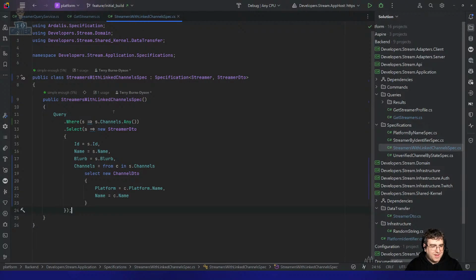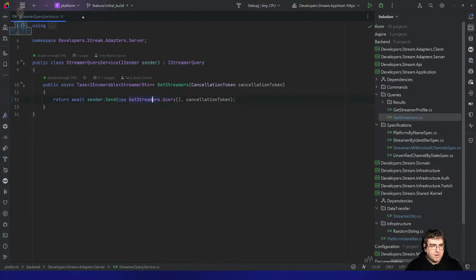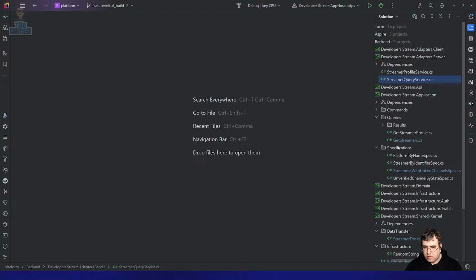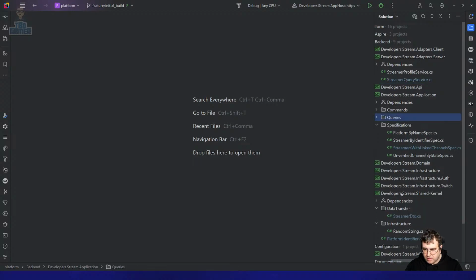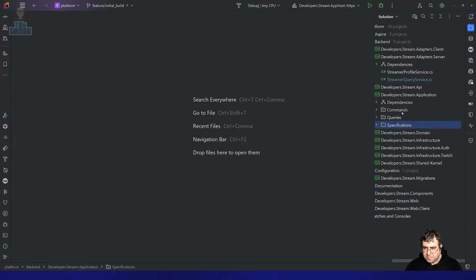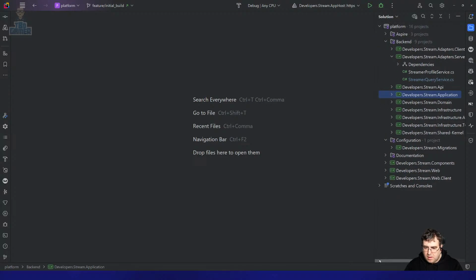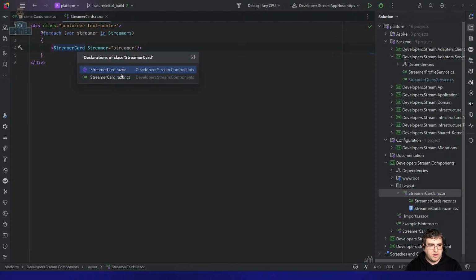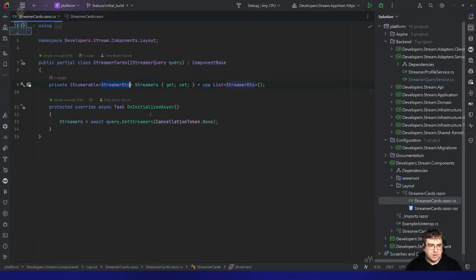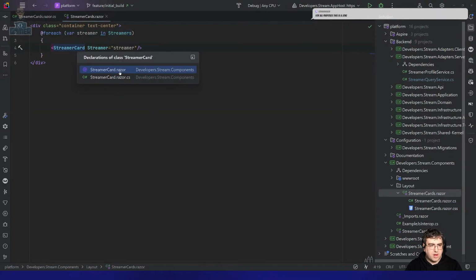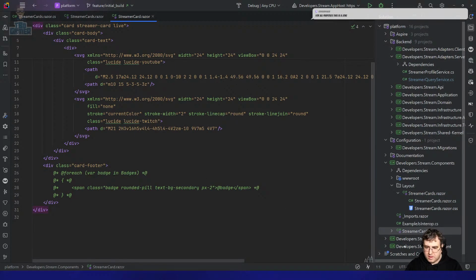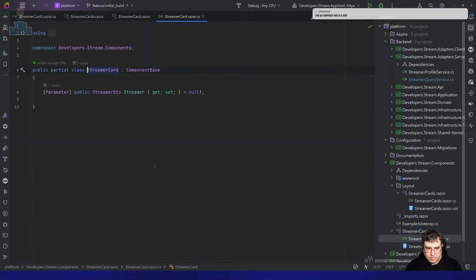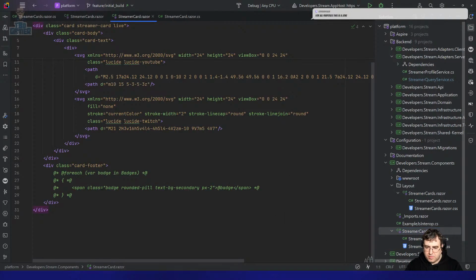So what I'm thinking here is now we have that because we have that query service in the page. So don't forget the streamer card is here. The streamer card has the streamer. This is that DTO, right? That is a DTO, an enumerable of that. So the streamer card takes that. And we actually did create the code behind for this one. Sweet. So now the streamer card,